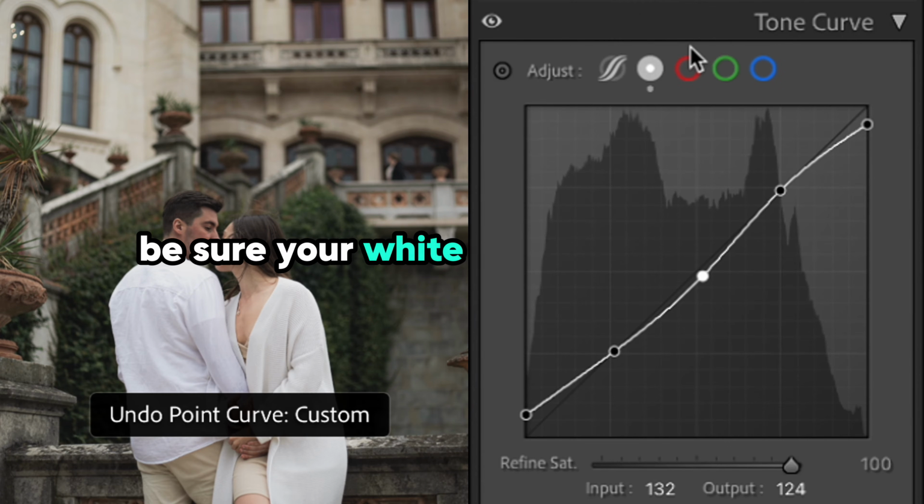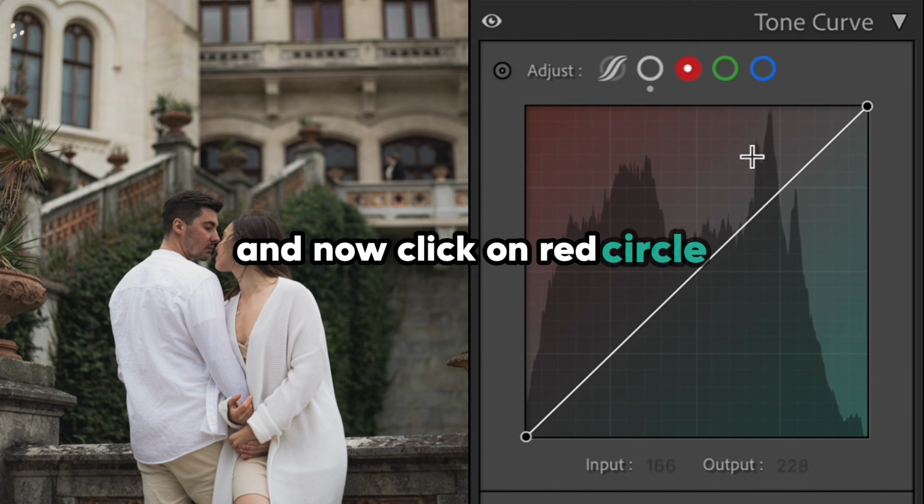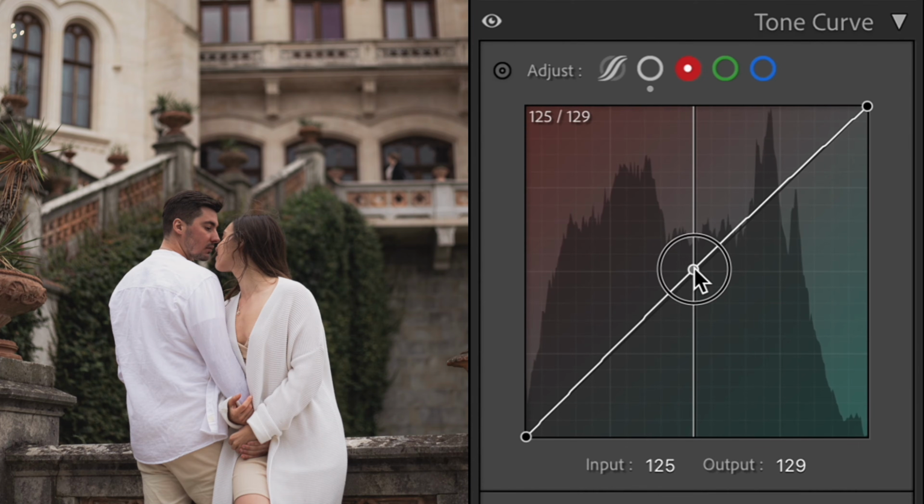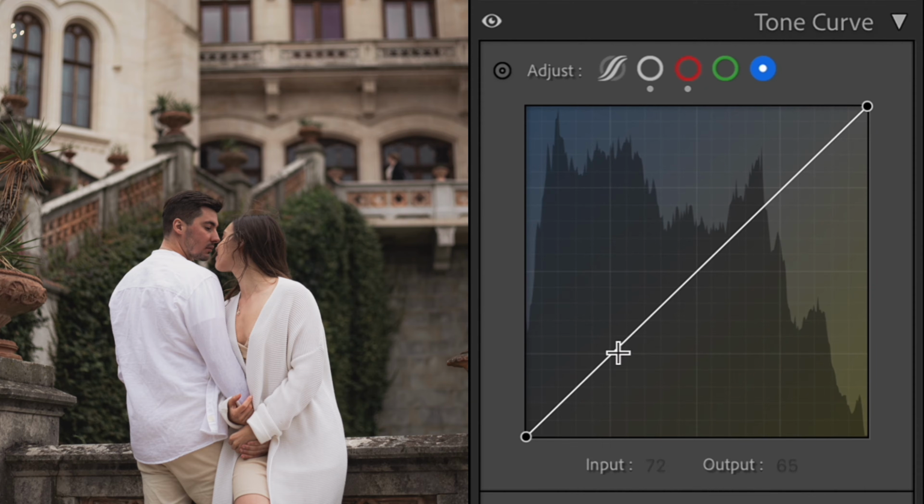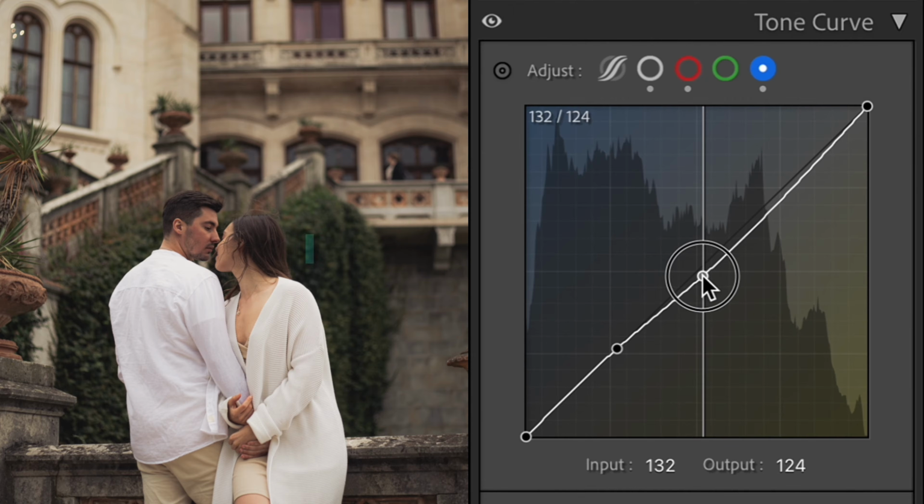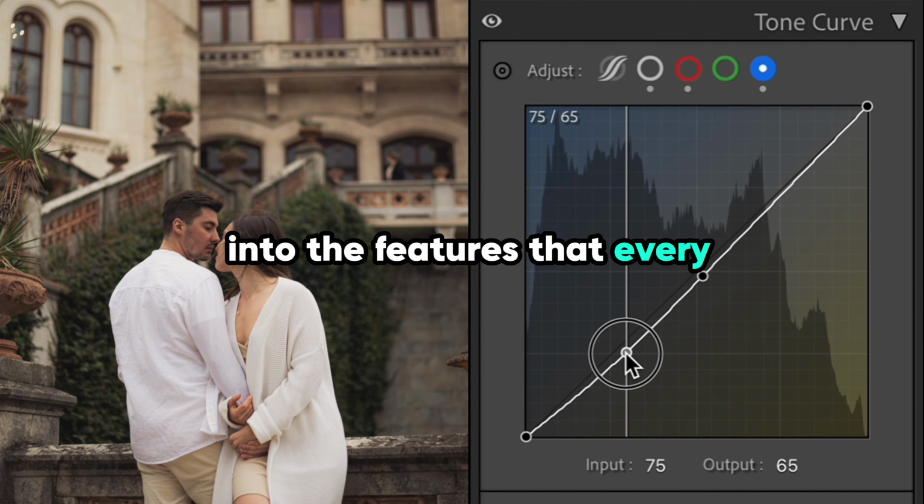Be sure your white curve looks like this, and now click on the red circle, place a dot right in the middle of the curve and drag it a bit to the top. We skip the green circle, and in the blue circle, place dots on the curve as you see on the screen and drag those dots accordingly. In this video, I don't dive deeper into the features that each of these settings does,